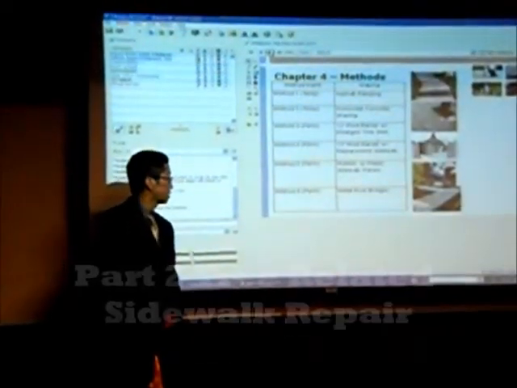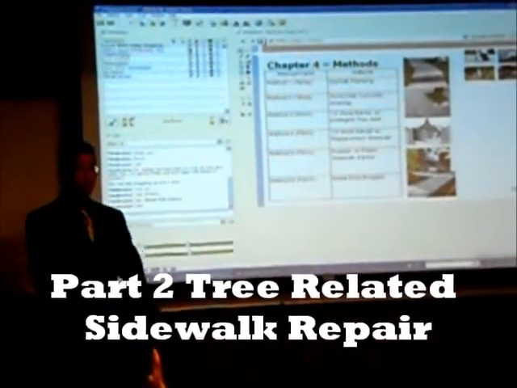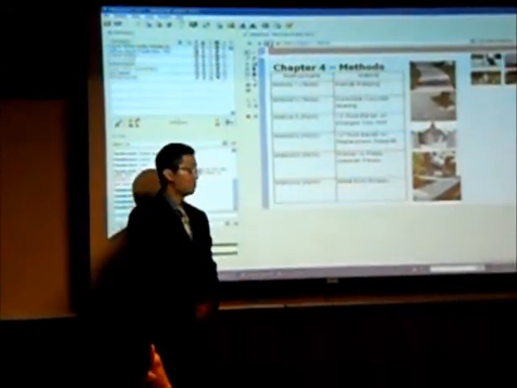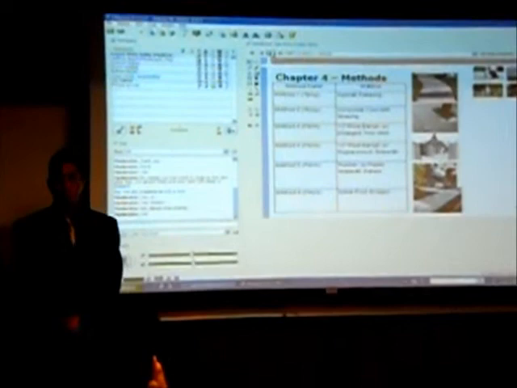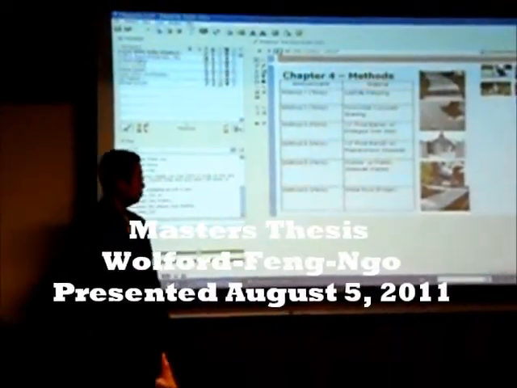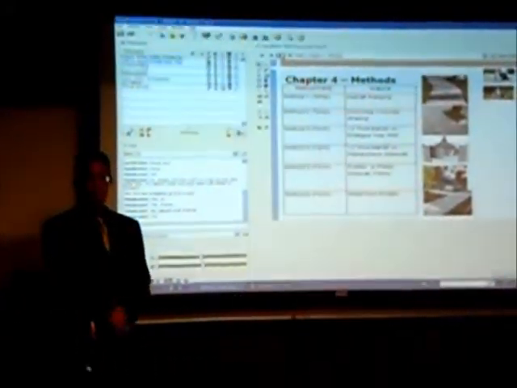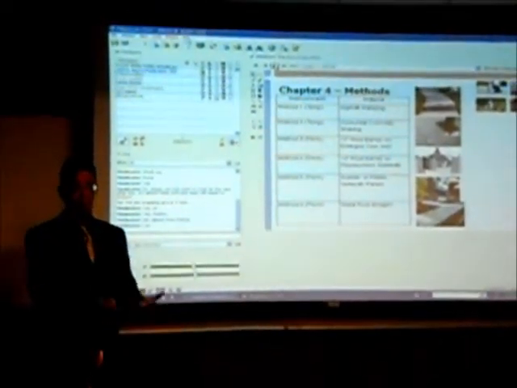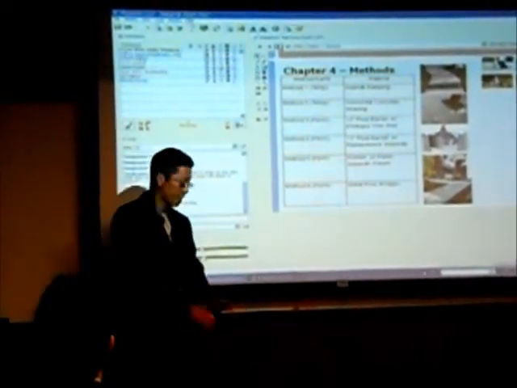Methods 5 and 6 are somewhat more costly, and you'll see that they're not as readily used as the middle two permanent solutions. Method 5 is the rubber and sidewalk panels, and that's a very new method, new to the market. Very few cities are using it, but it's a composite material, and it basically replaces the asphalt. A city crew member will go out, take up the sidewalk, trim the roots, do what they need to do to level out the sidewalk, and put these plastic